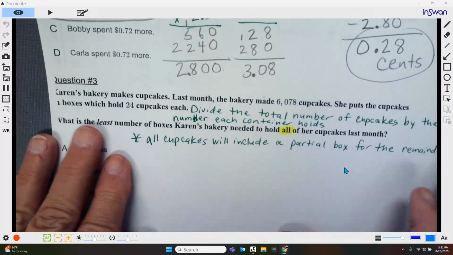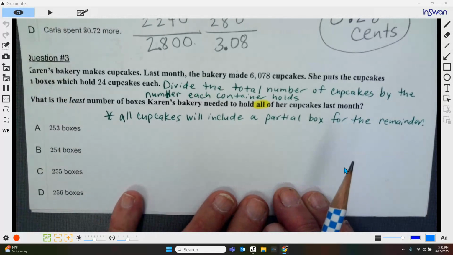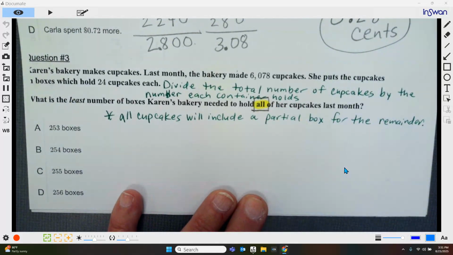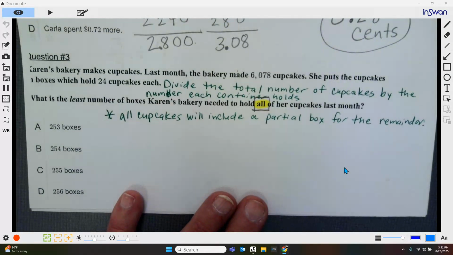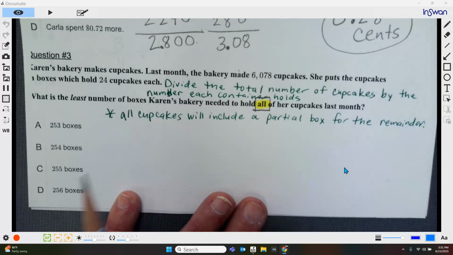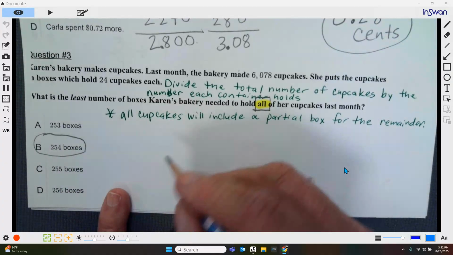Next question. Now, this is the most missed question on all of the classes for the assessment. And it was the most missed because of that word all right there. Even when I worked it out and I had the answer, I said you need 253 boxes for 24 cupcakes each, plus you've got 6 cupcakes left over that you can give to your friends. In this instance, you're going to box all of them, which means you would have 254 boxes, and I'll show you how we get that. So we have